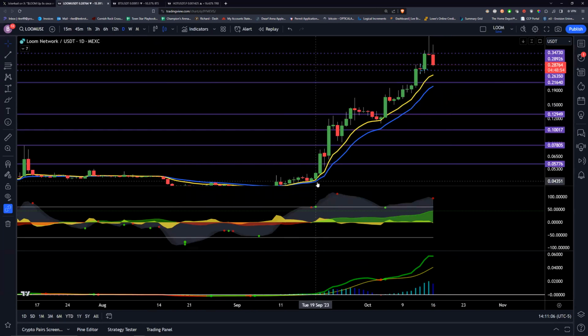So number one, on the daily chart, a real easy way to tell if a coin is bullish or bearish is if the 12 is above the 21 and there were no candles closing below either, there's really no weakness showing on the daily yet. That's why, unless you are a very long-term or position trader, it's not good to trade just off the daily chart. You have to go to much lower time frames,